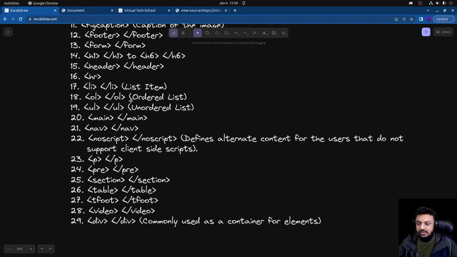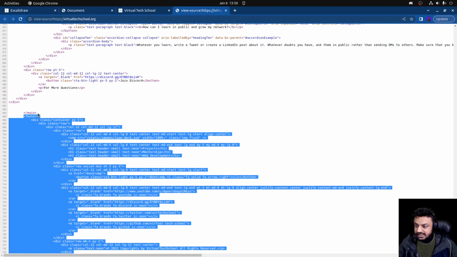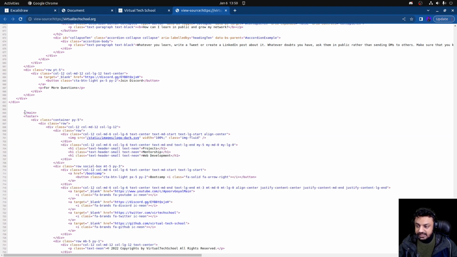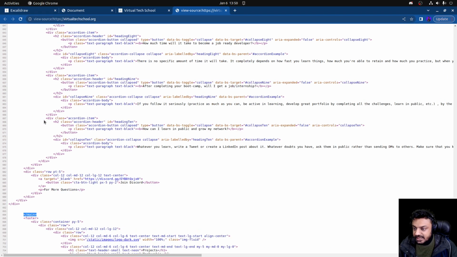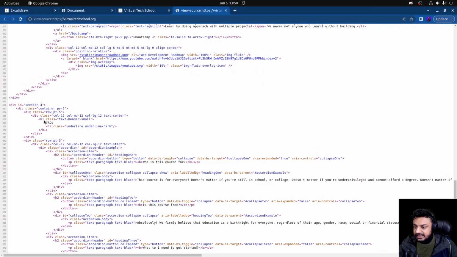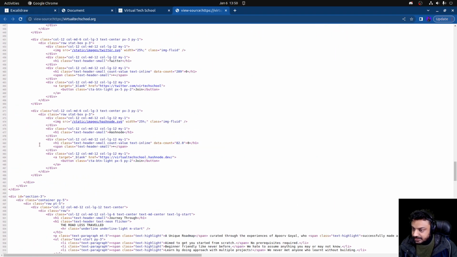Then if you move on to the next set of tags, we have the main tag. The main tag is again used to specify the main content of your website. So here you would see that I have used a main tag as well in my Virtual Tech Schools website. I have used this main tag which is closing on line number 694, and this main tag starts on